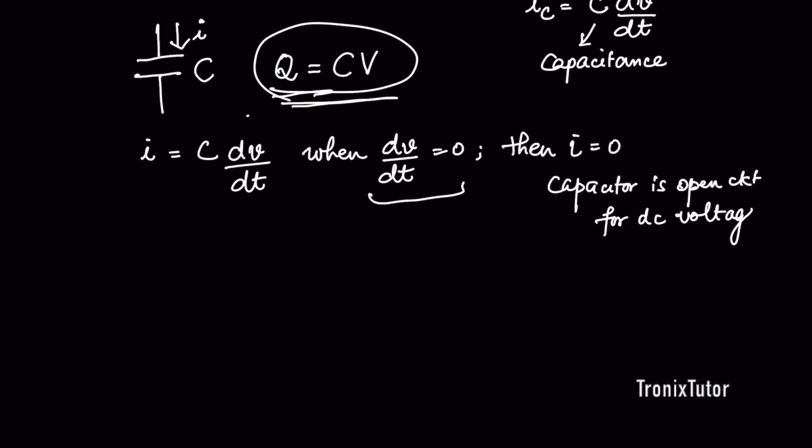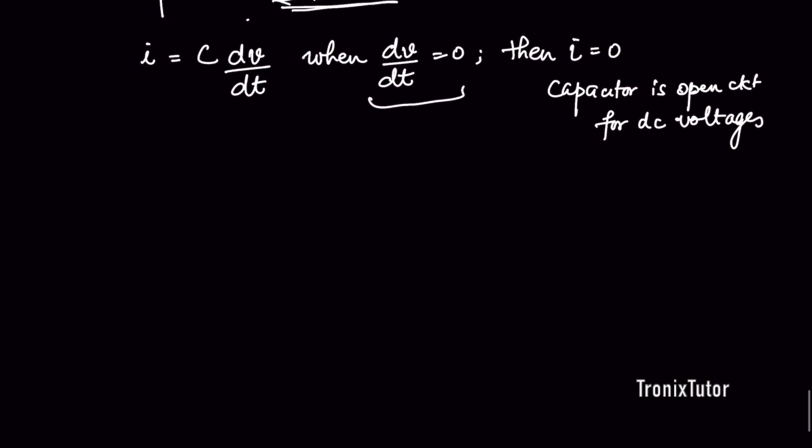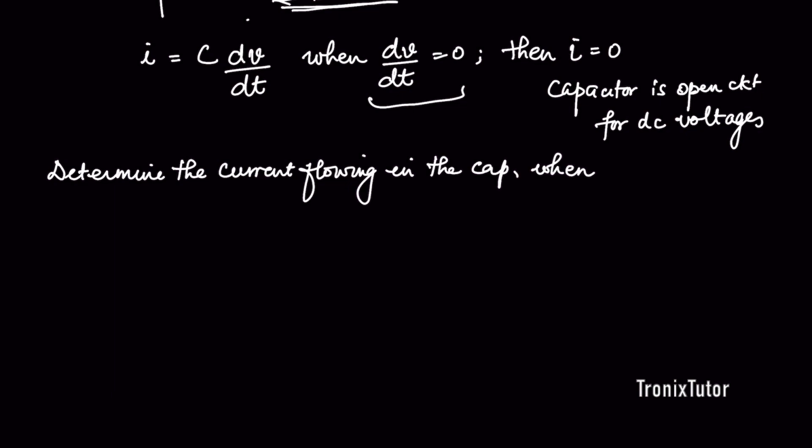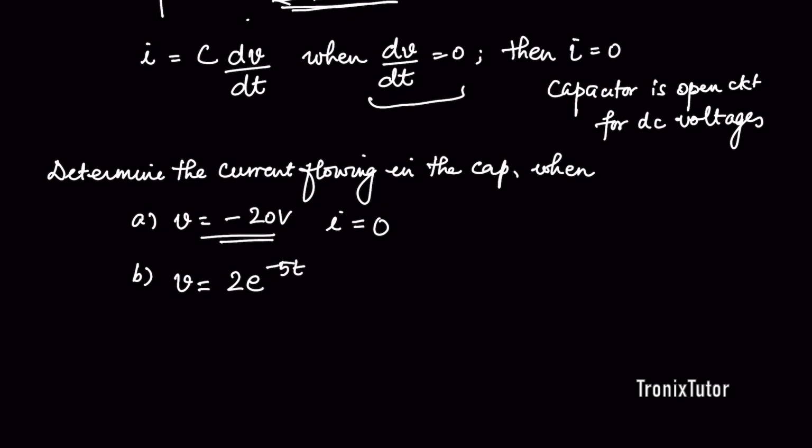So now let's quickly revise this by doing a couple of examples. Determine the current flowing in the capacitor when V is equal to minus 20 volts. In this case, the current is going to be 0 because this is a DC voltage. And so when there's a DC voltage applied, there's not going to be any current that flows through the system. Now let's look at the second case, that is V is equal to 2e^(-5t)